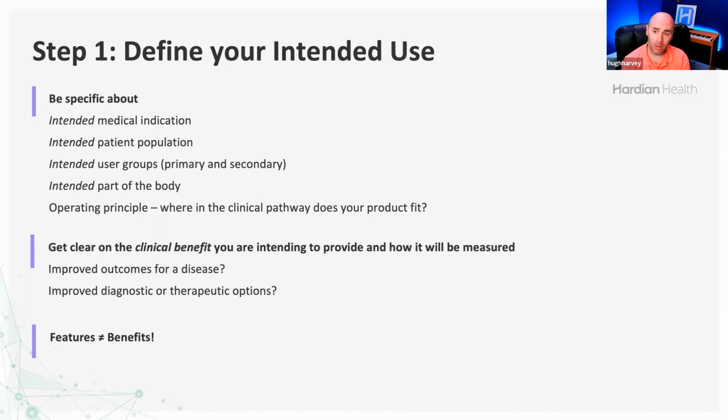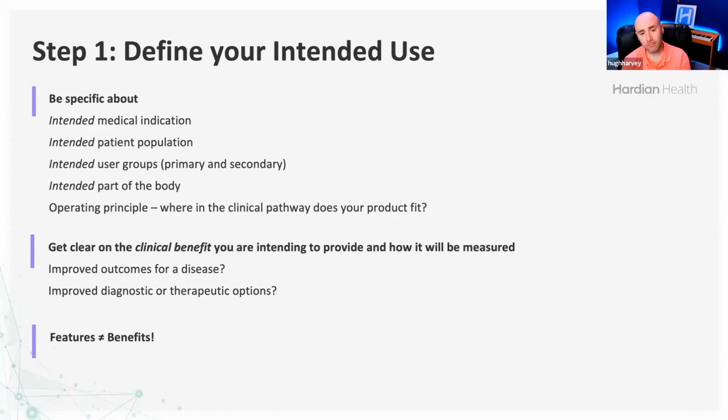The next part of the intended use statement is to try and define the clinical benefit that your device is intended to provide. And importantly, for clinical investigation design, how are you going to measure that benefit? We see a lot of people come into market saying we are going to maybe improve turnaround times, or reduce the time a doctor takes to do X, Y, or Z task. Well, you have to prove that in your clinical evaluation, and you have to come up with a way to